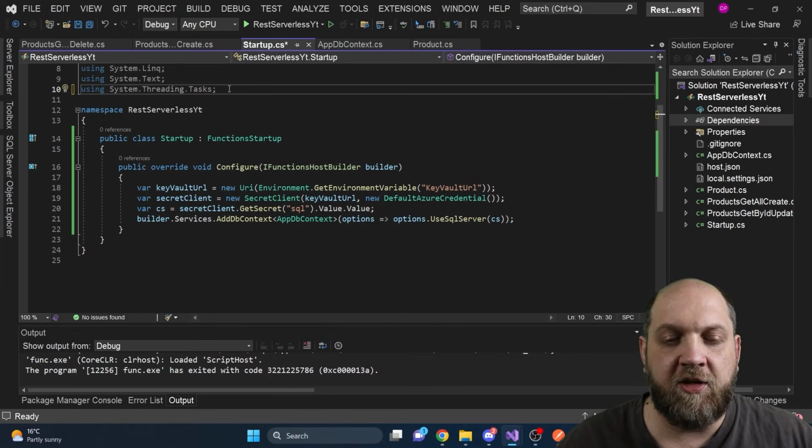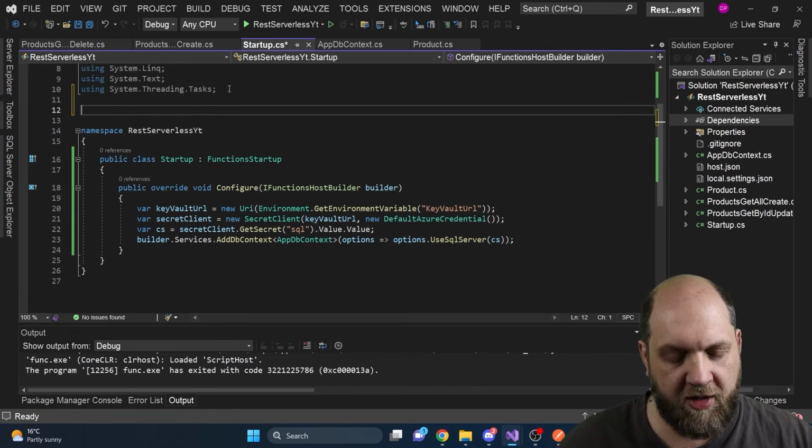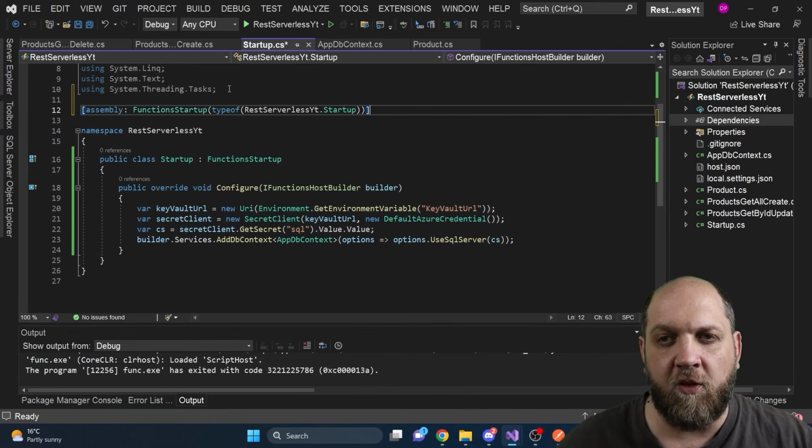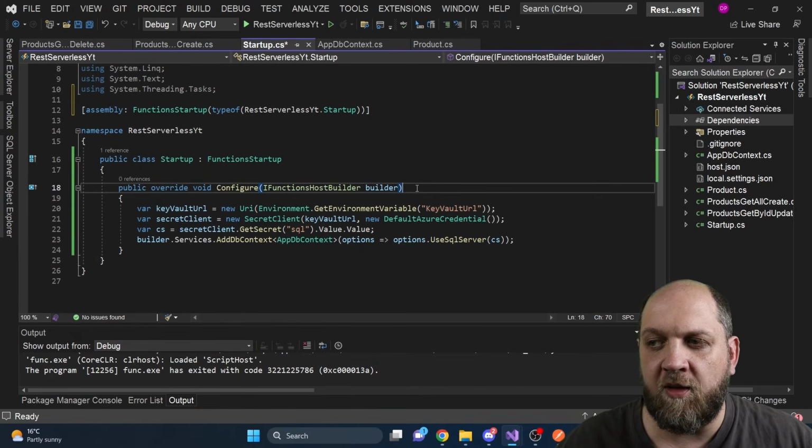That's why I'm back here in the startup class, because there is one other step that we need to perform for things to work. By default, the Azure Functions host will not know that we have this startup class, where we have overridden this configure method that it needs to execute. So we need to specify this using this attribute, which is the FunctionStartup, and we specify exactly where the startup class is that we want to execute the configure method on